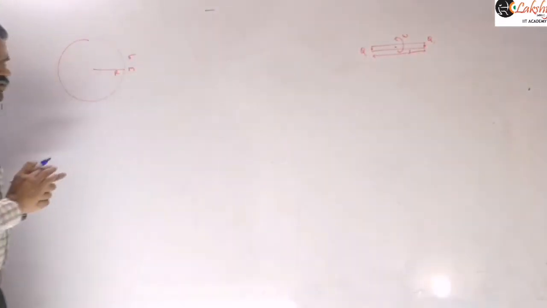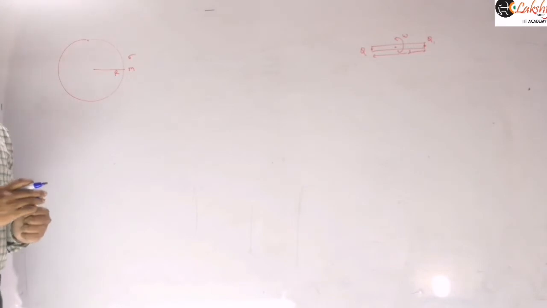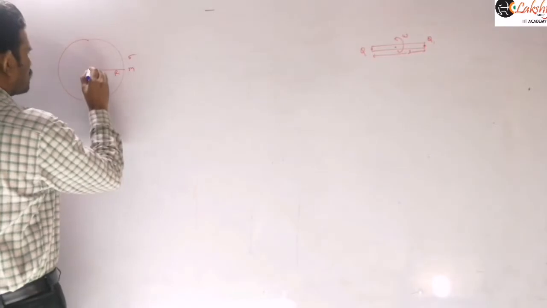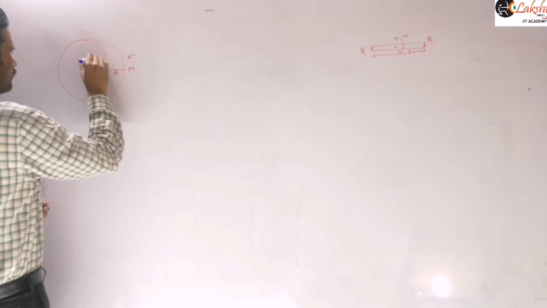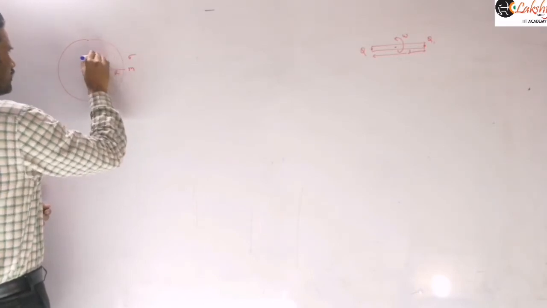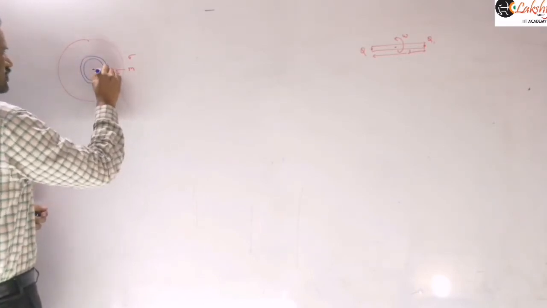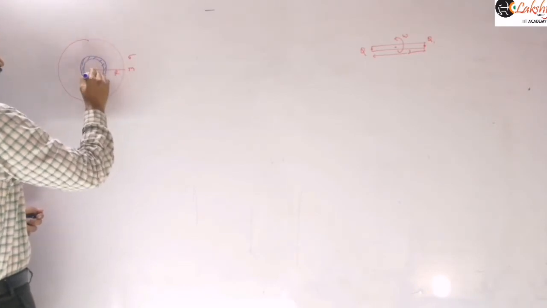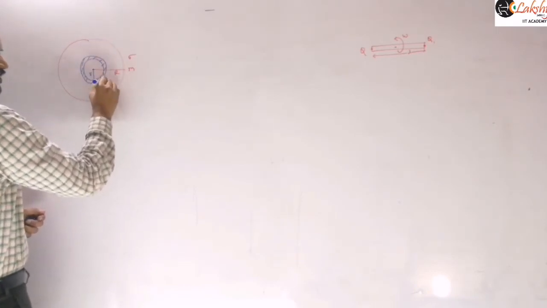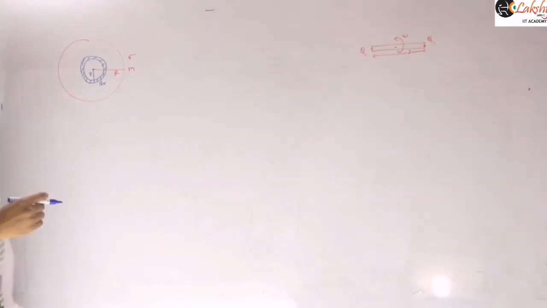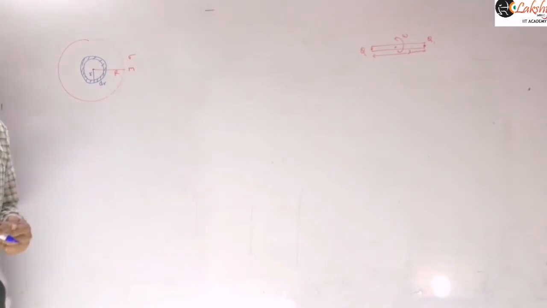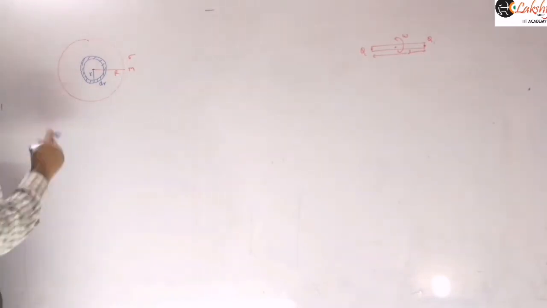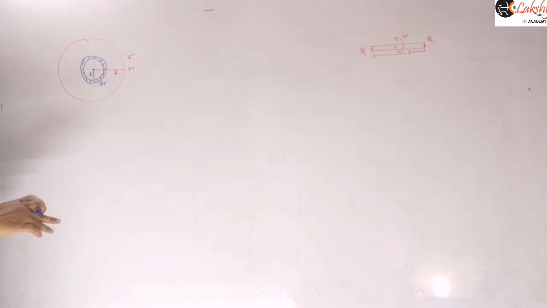So I will explain both the methods here. By using that ratio you can calculate simply, or the general procedure also I will explain here. Both the methods I will explain now. So now we consider a small circular element here. Let us take the radius of this element as r and its width as dr. Now we calculate the magnetic moment of that element first and then we integrate that, right? So the magnetic moment of that element means, before going to that, let us write the charge present on that element here.